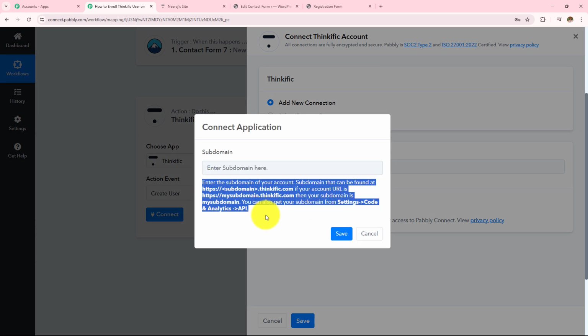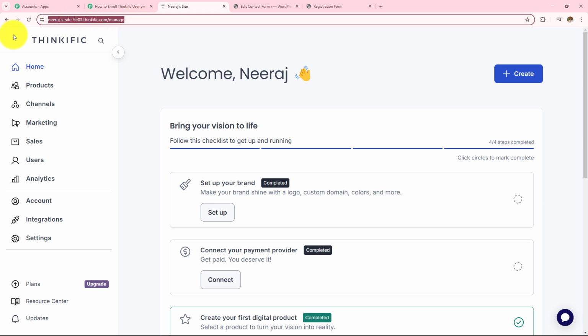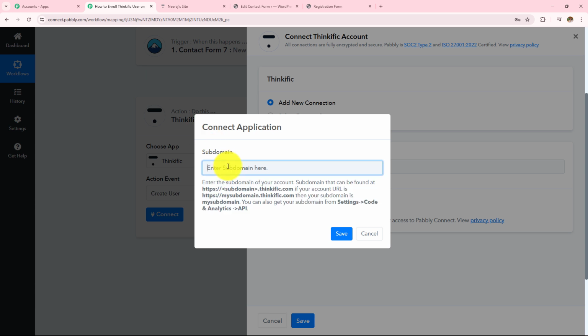Now reading this help desk, I am going to enter my subdomain, and to get this, let me open my Thinkific account. So this is my Thinkific account, and from over here I will be able to find my subdomain. So I am going to copy this entire URL and paste that over here. Now it's written subdomain that can be found at this URL. If your account URL is this, then your subdomain is this, which means I have to remove this HTTPS.